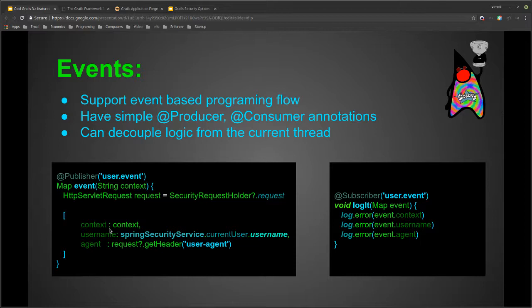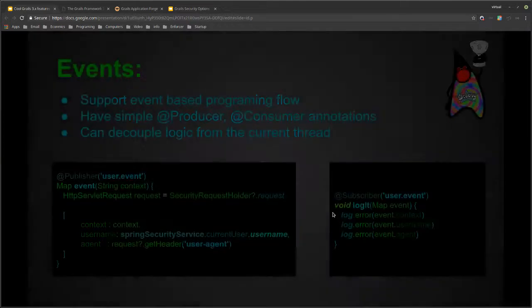Not complex objects, because you don't know. Especially if it's something that Spring manages, it might be gone by the time it gets over here. So, one thing to keep in mind. But this gives you just a way to decouple your code from the current thread.